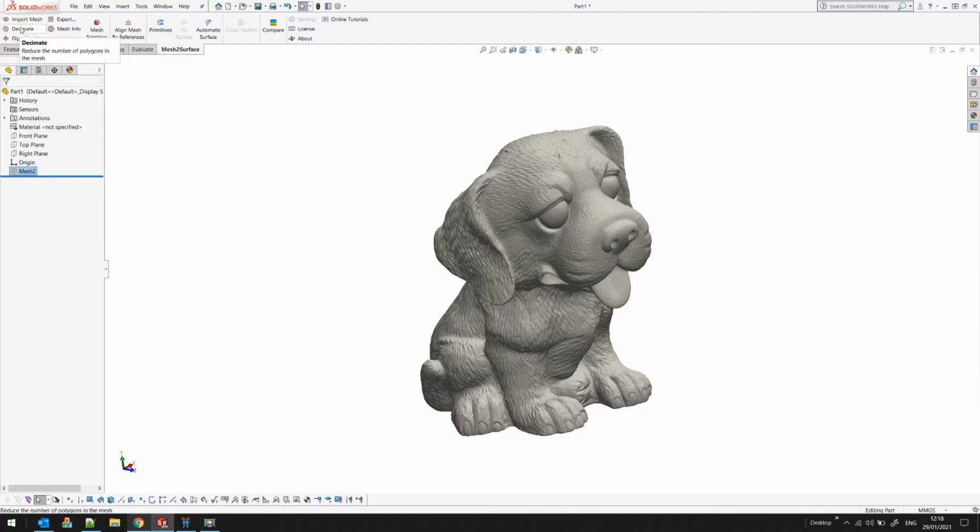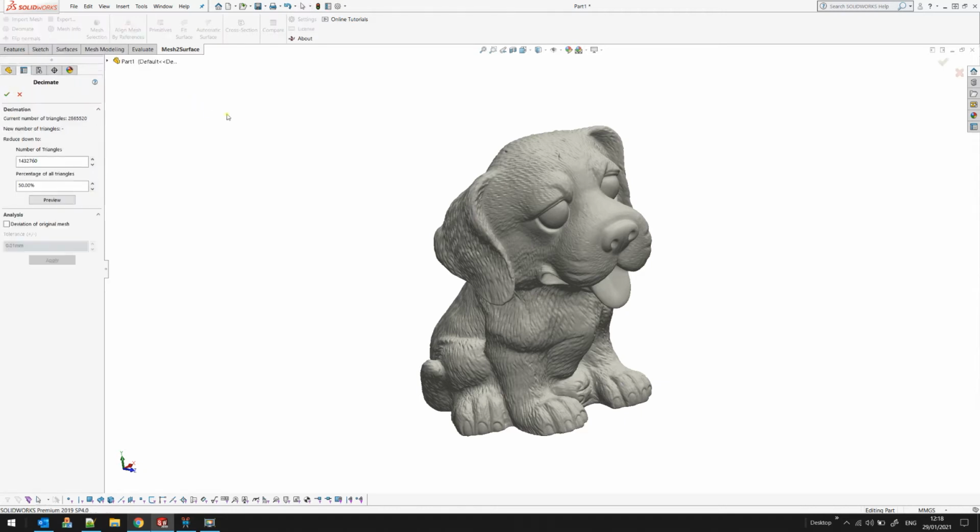Decimate, you can find it on the command bar. You press the decimate button and you get some parameters and options here that will affect the decimation. The first thing you see is the existing number of triangles. Then, on the next line, there will be the number of triangles displayed after the decimation. You can reduce the number of triangles in two ways. You can just type in the number of target triangles that you want to achieve, for example 1 million, which in this case is around 34%. Or you can just say, I want to get this object down to 30% of the original size.